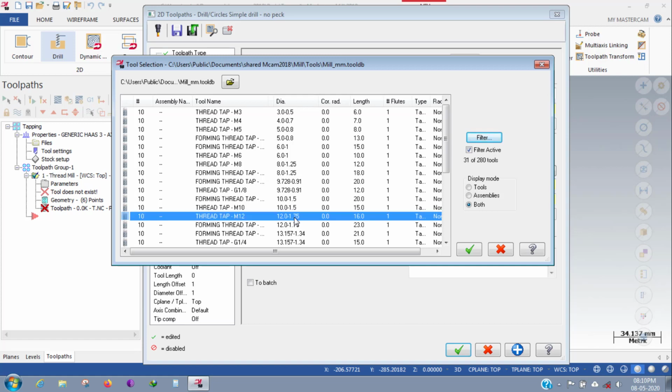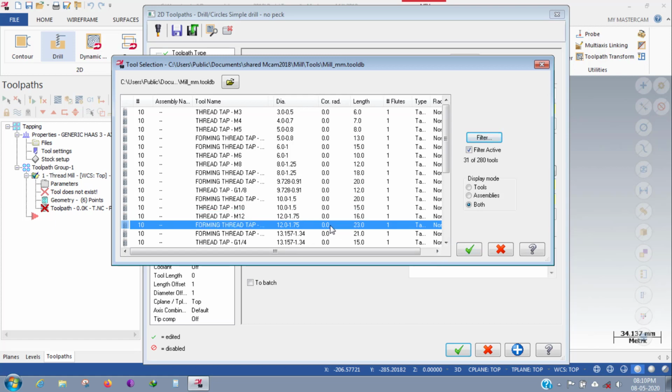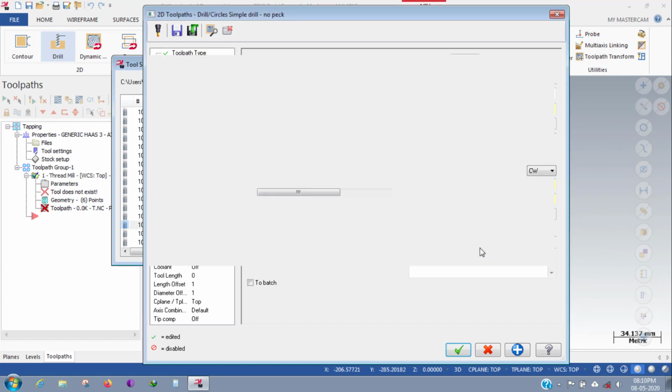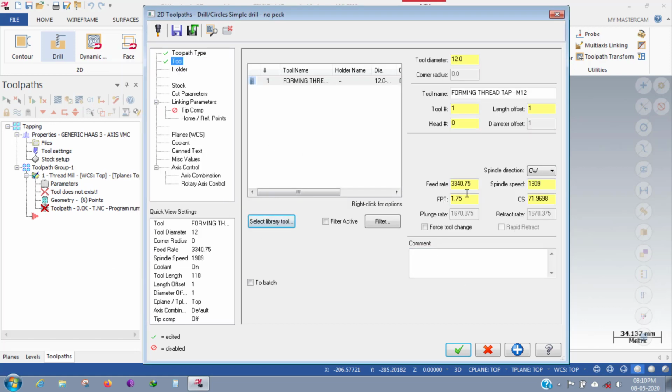and selecting 1.75 pitch, with a length of 23 mm. I have set the feed rates, and the spindle speed is 398 with a feed rate of 150, because it is proportional.